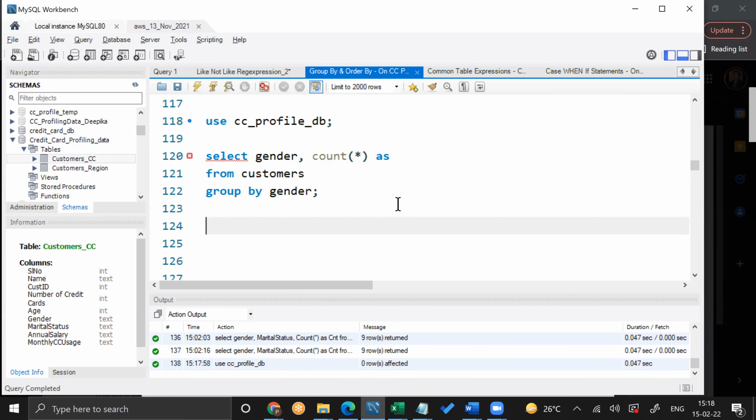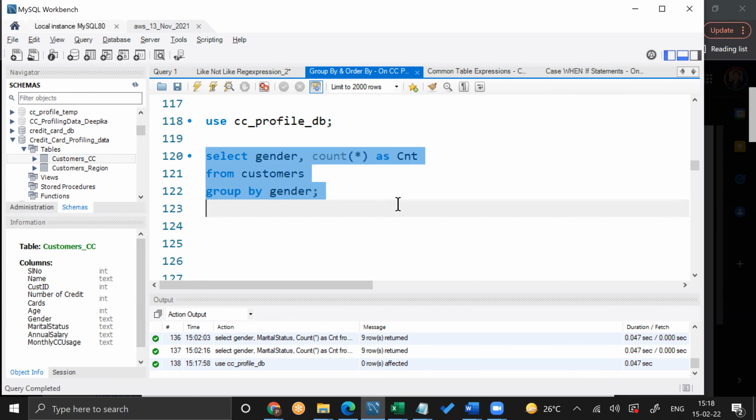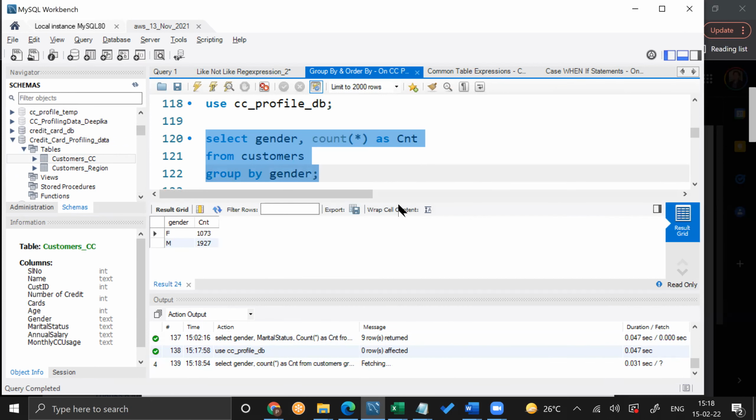I'm not sure who created that database. It was a huge difference in numbers, so I was stuck with it. Yep, CC profile underscore DB.